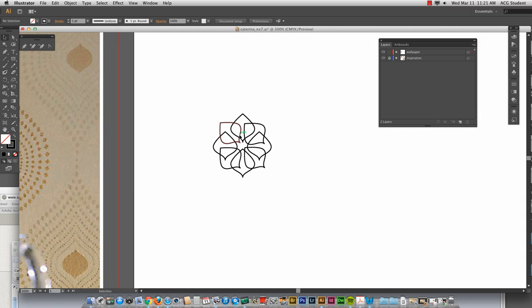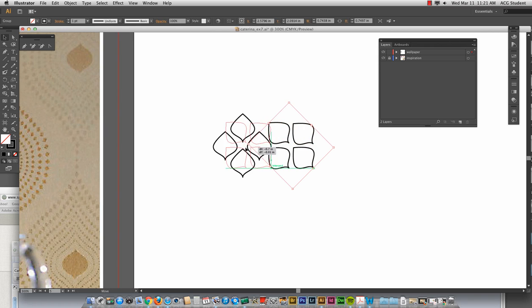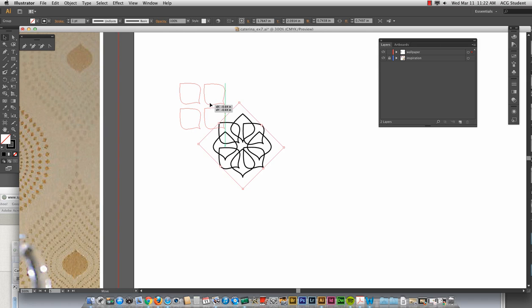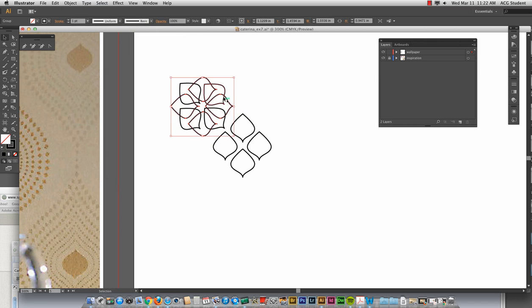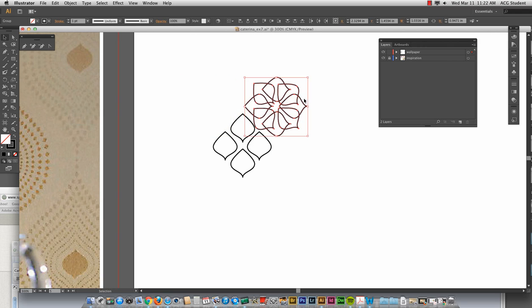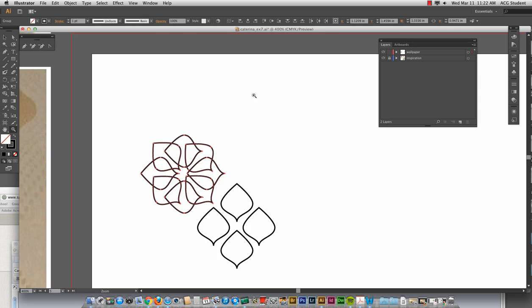Let's see. I can grab that. So we could leave it kind of overlapped, which is kind of cool. Or, say I grab this, Object, Transform, Rotate, Copy, hold down the Shift, oops. With the Selection tool, not all of it, just part of it. Let's grab just the top, there we go.